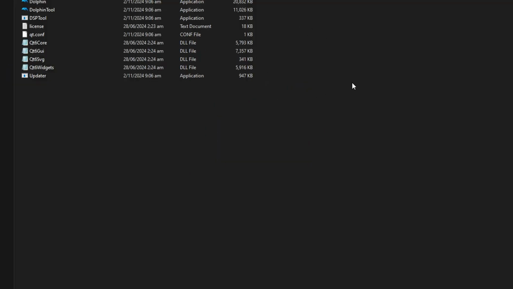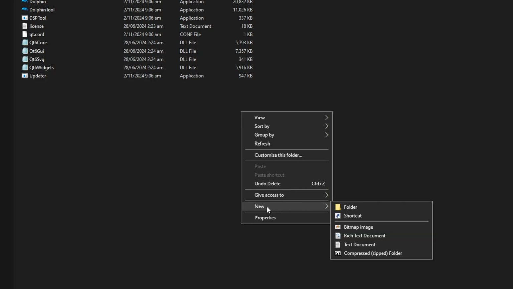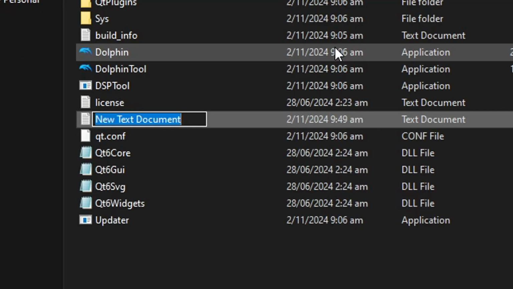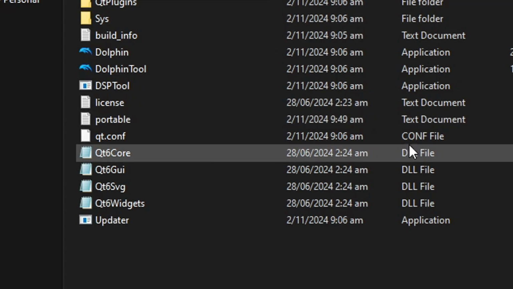For that, right-click anywhere on this folder to bring this up, put your mouse on top of New, and select Text Document, and this file will show up. Now, type the name of this file, which will be Portable, exactly like this. Now go ahead and press enter so that the file is in there.